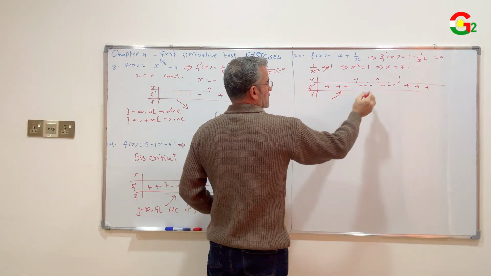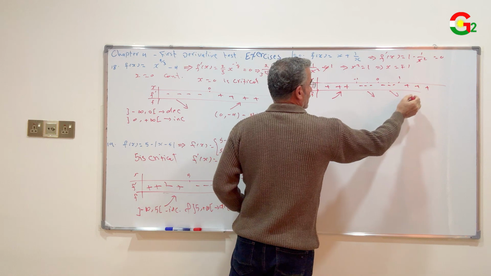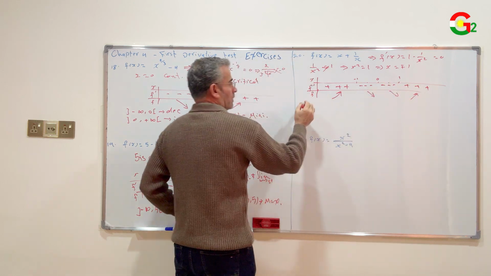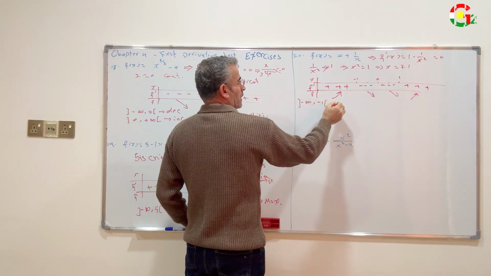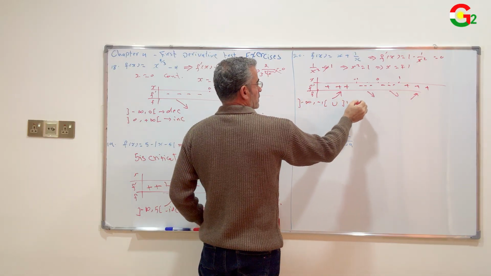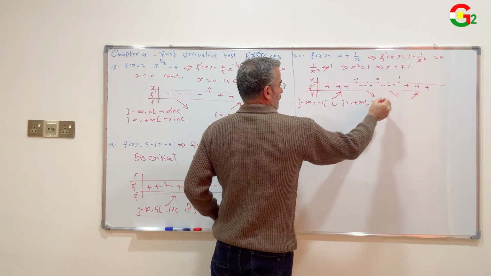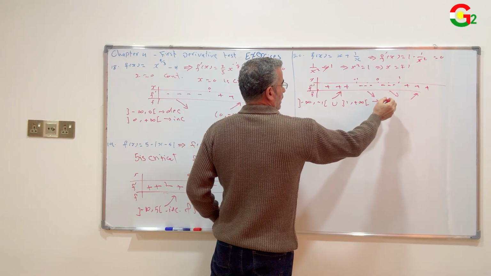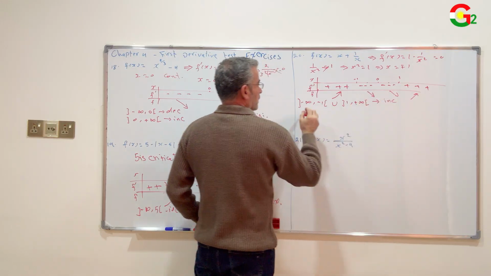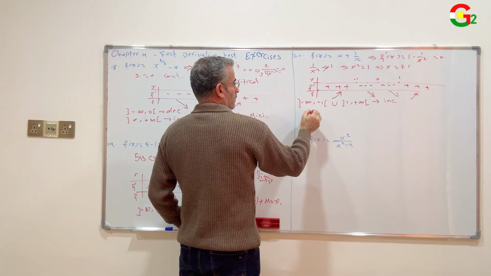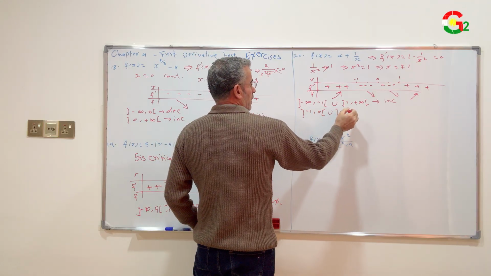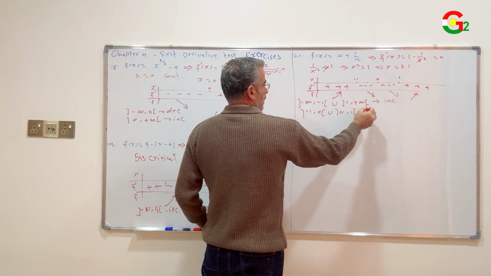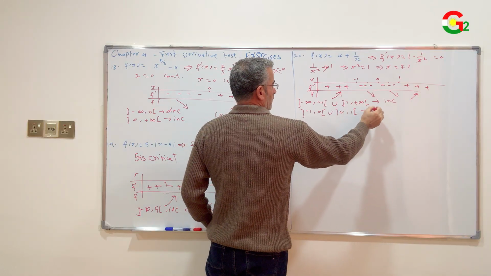Therefore, this is the interval of increasing and decreasing. From negative infinity to negative 1, union from 1 to positive infinity, those are the intervals of increasing, and from negative 1 to 0, union 0 to 1 are the intervals of